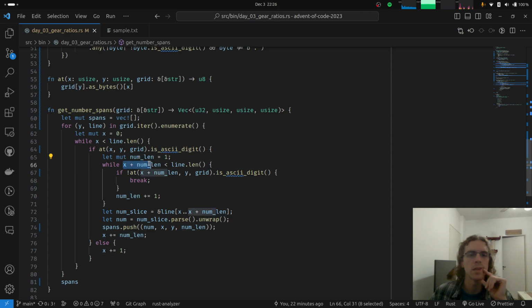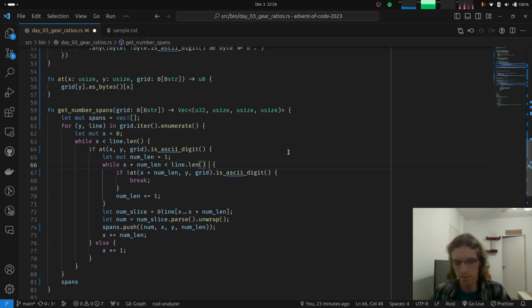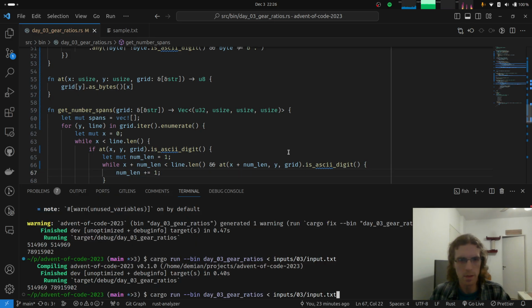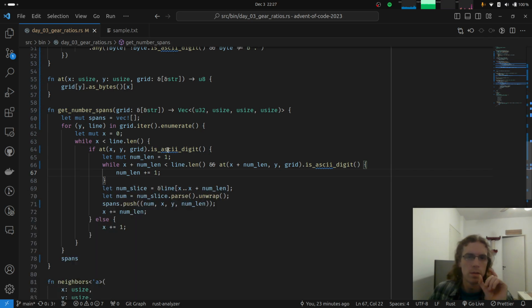So okay, first we say if x plus num length is less than the line length, but this if and break is, I think, the same as if we put this here in the while condition, right? If we run again, yeah, it's the same. So okay, yeah. And the add